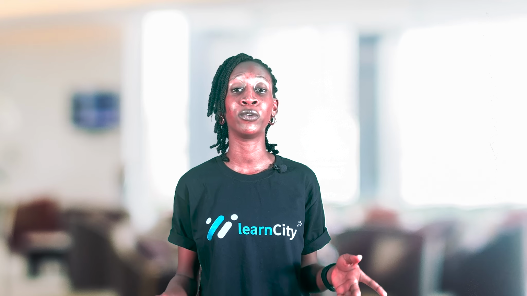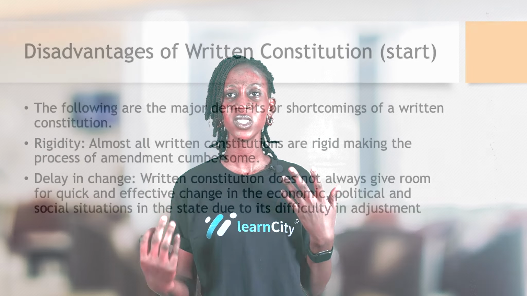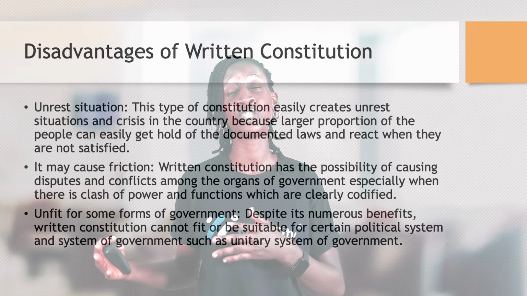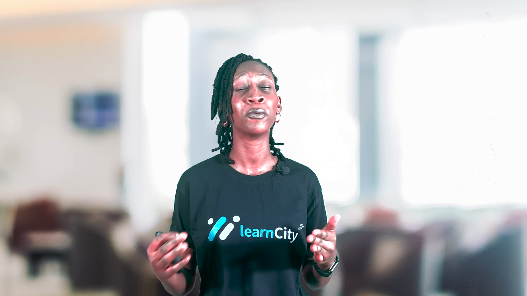Another disadvantage of a written constitution is that it is unfit for some forms of government. Despite the numerous benefits of a written constitution, it cannot be suitable for all political systems of government. For example, in a country where they are operating a unitary system of government, a written constitution cannot be suitable for such a country,